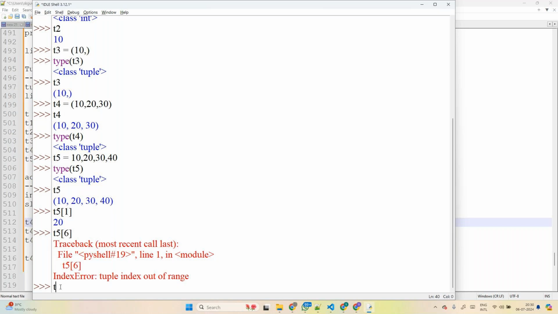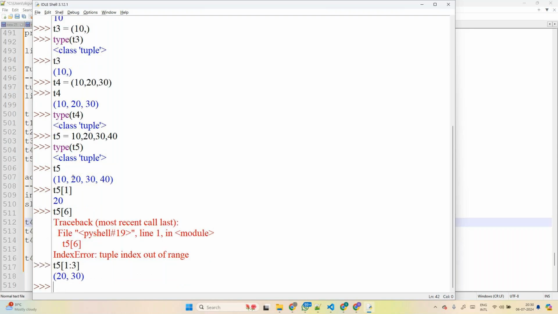So we talked about slicing, right? If you want to slice any data, suppose I want to take from first to third. Okay, so what will it print? First is this one, second is this one. But why is the third not included? Because it will take up to 3, but it won't include the 3. That means it goes up to n minus 1, up to the third index, but it does not include the third index. Okay,